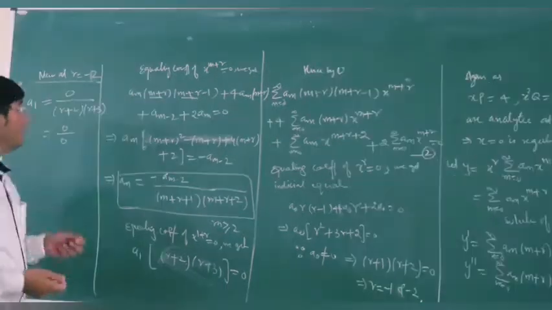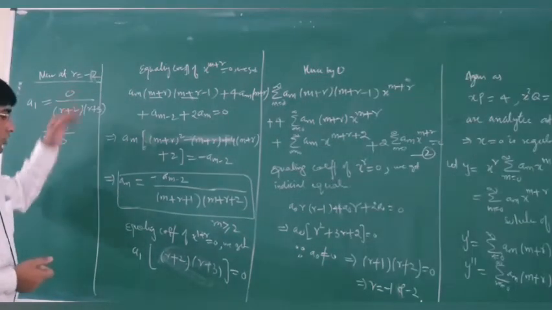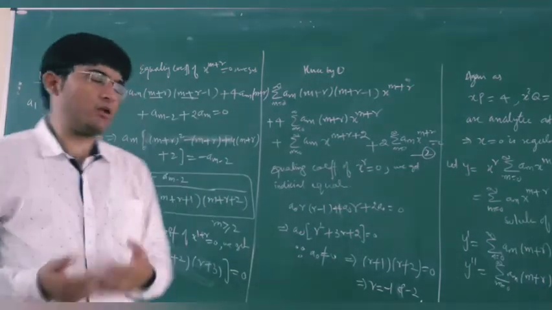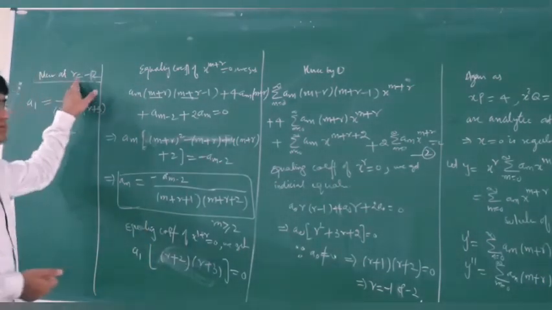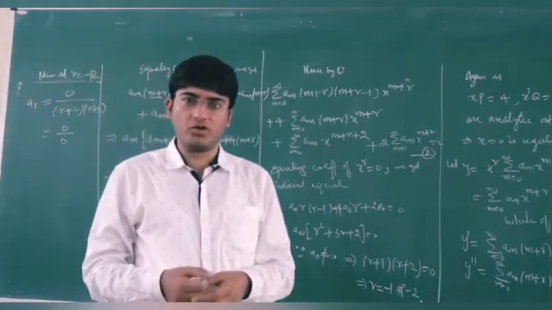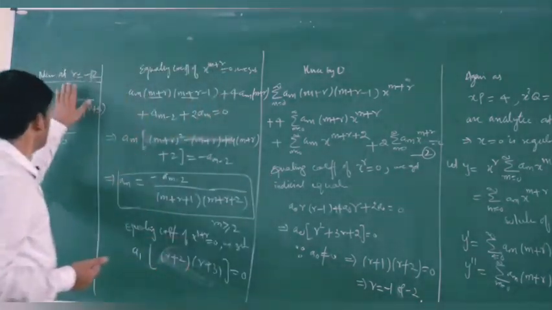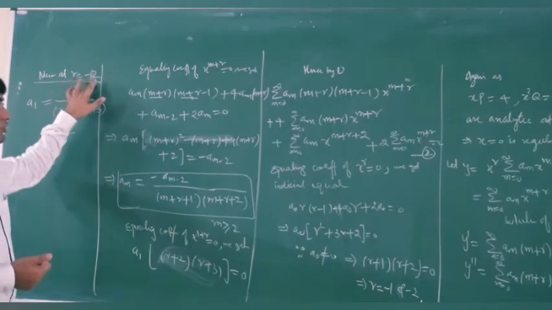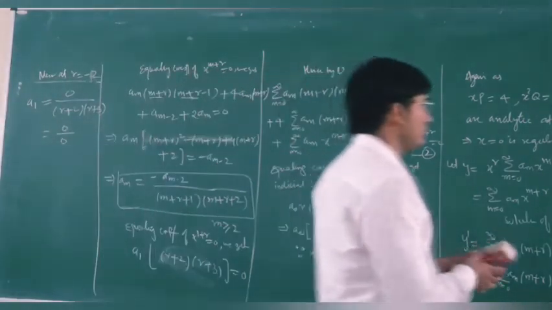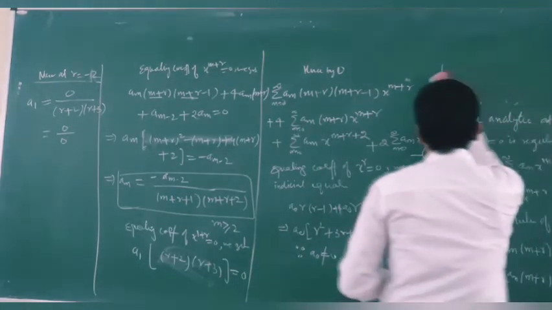4 and so on. We will not take this value of r equal to minus 1 because it will give you another solution and which will be a part of the solution at r equal to minus 2. That means we will not get any independent solution. So the value at r equal to minus 2 will give you the complete solution. That means the general solution of this differential equation.